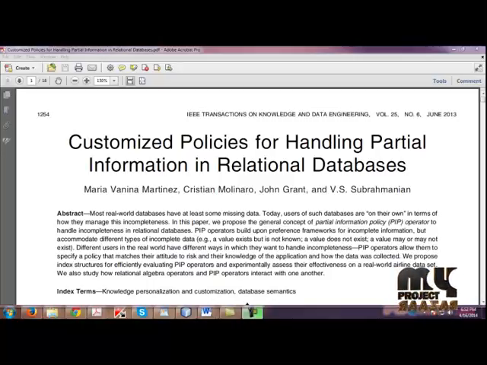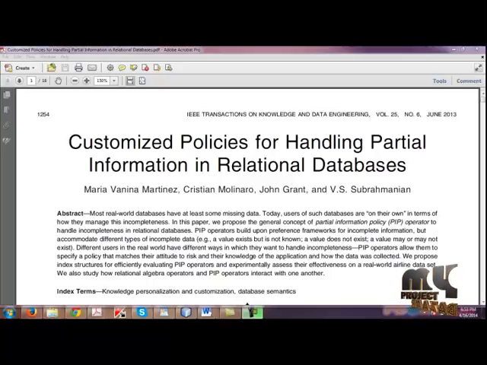Now we are going to see the title Customized Process for Handling Partial Information Relational Databases. Partial information arises when information is unavailable to users of a database when they enter new data. All commercial real-world relational database management systems implement some fixed way of managing incomplete information, but neither the RDBMS nor the user has any say in how the partial information is interpreted. So we have no information about whether a value exists or not. The SQL standard also supports the null value, so we need to handle all the partial information.